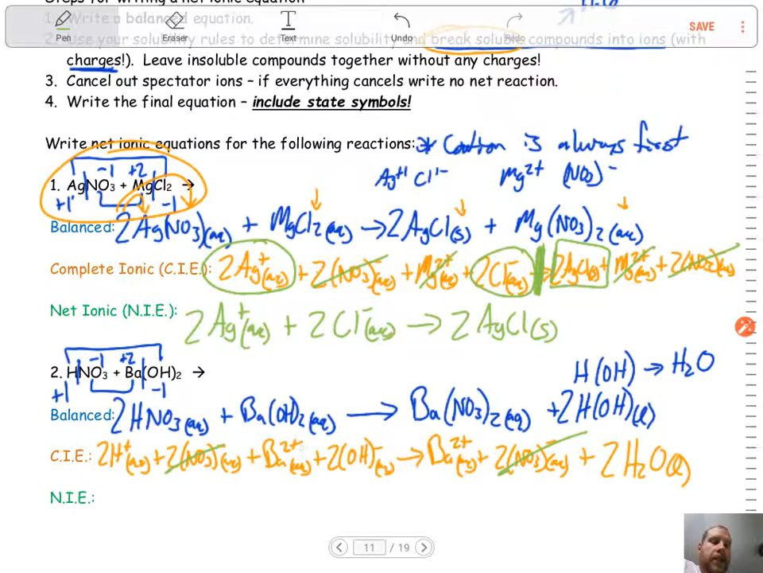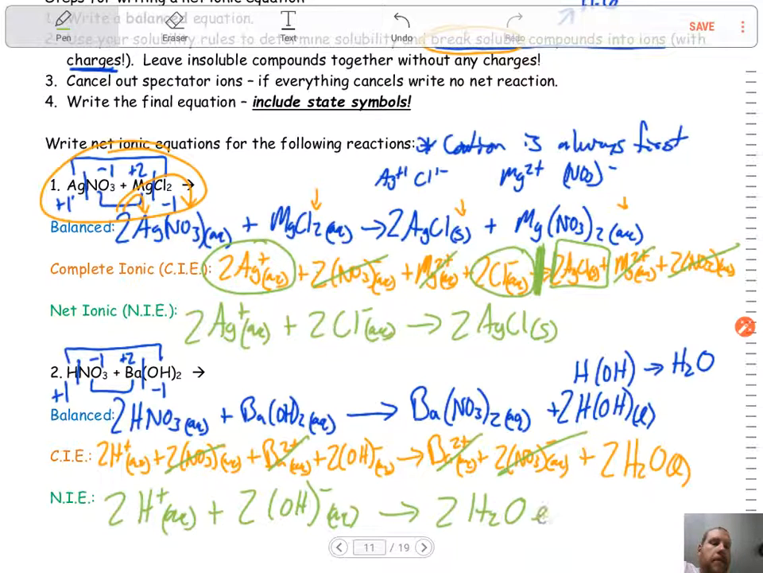I've got Ba2+ aqueous on the left, and I've got it on the right as well. So those are going to get canceled out. 2 OH- aqueous, I do not have that ion, so now I'm going to drop everything else down. 2H+ aqueous plus 2 OH- aqueous yields 2 H2O molecules. And notice, guys, by us balancing it,